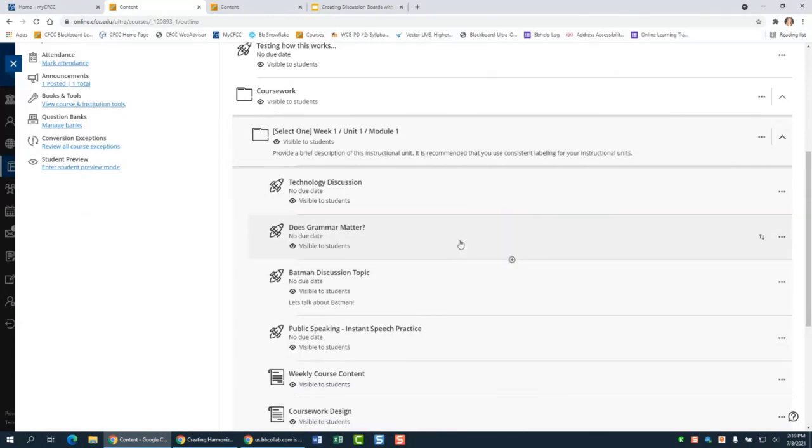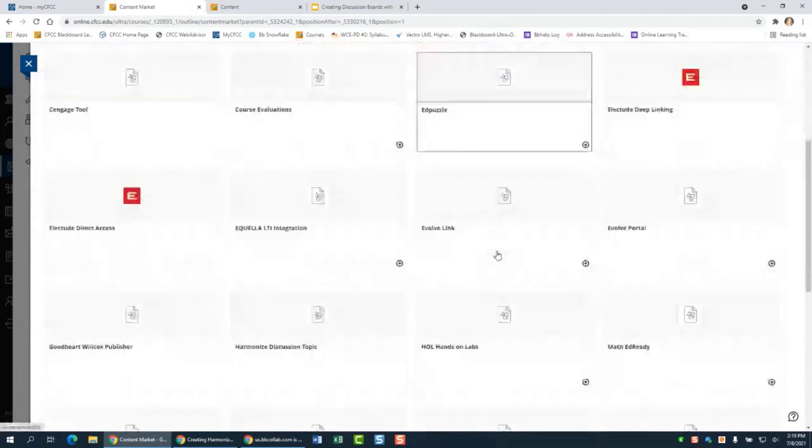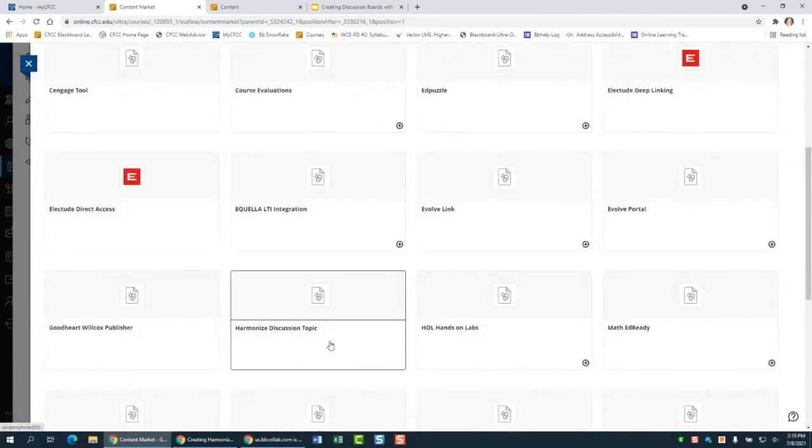So if you're not familiar with Ultra, in order to create something, you're going to hover over the content area and look for this purple plus sign. So I'm going to click here, and then instead of clicking Create, I'm going to actually go to the Content Market, since Harmonize is considered a third-party source. And I'm going to scroll down to Harmonize Discussion. And these are all in alphabetical order, so you would just look for H and then find Harmonize. And once I click here,